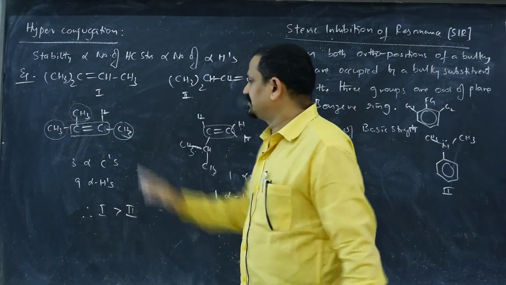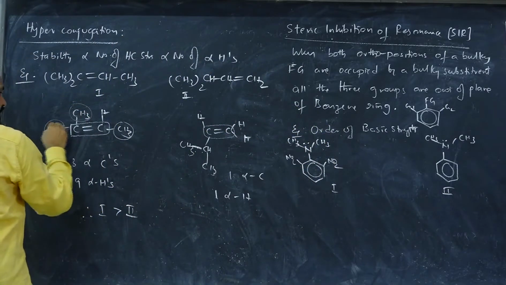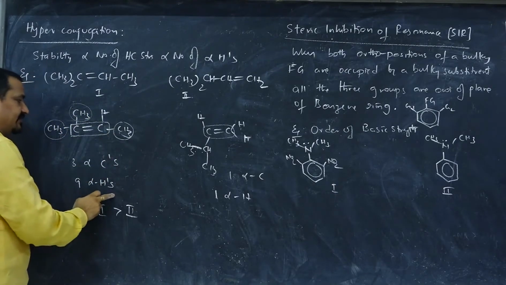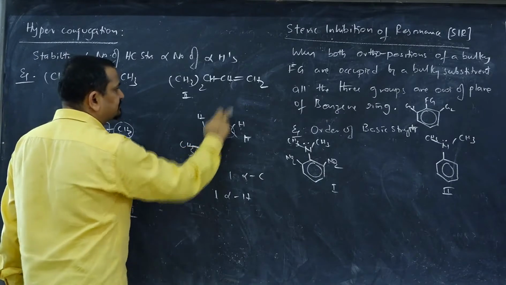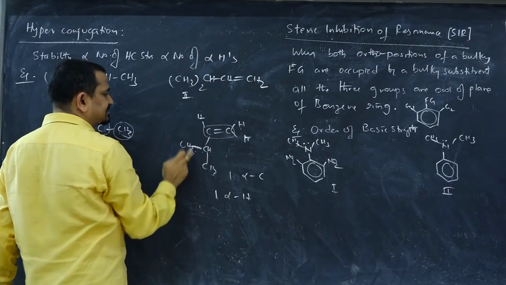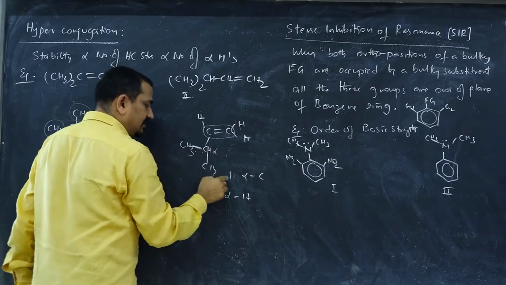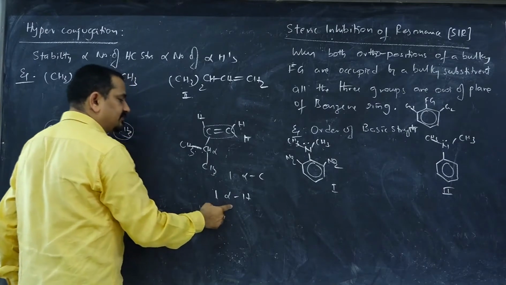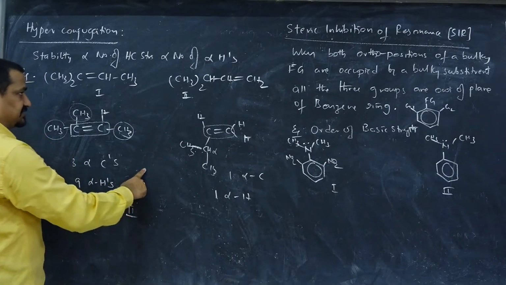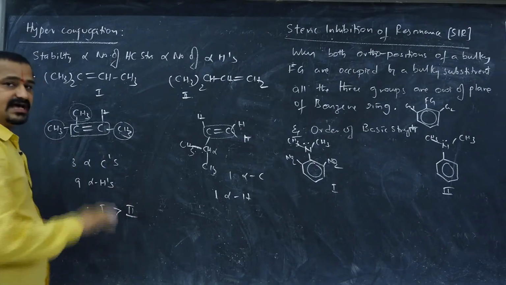Molecules 1 and 2 were given, this is the structure. So for this double bond, alpha, alpha and alpha, 3 alpha carbons are there, and 3 plus 3 plus 3, 9 alpha hydrogens are there. And when it comes to this double bond, 2 hydrogens, this is one hydrogen and the rest is an isopropyl group. This is the alpha carbon connected to the C double bond C. Only one alpha carbon and on that only one alpha hydrogen. As we discussed, the more the number of alpha hydrogens, the more will be the hyperconjugated structures, the more will be the stability. So among these two, stability of 1 is more than 2.